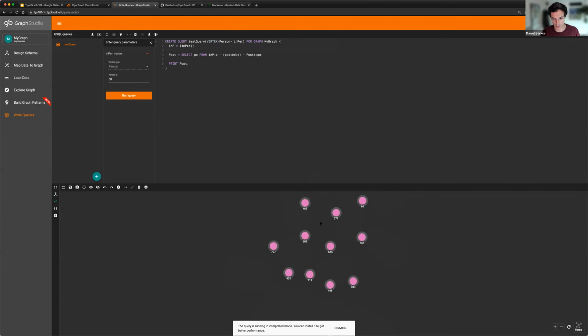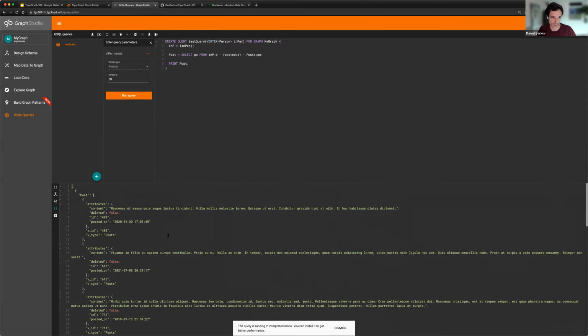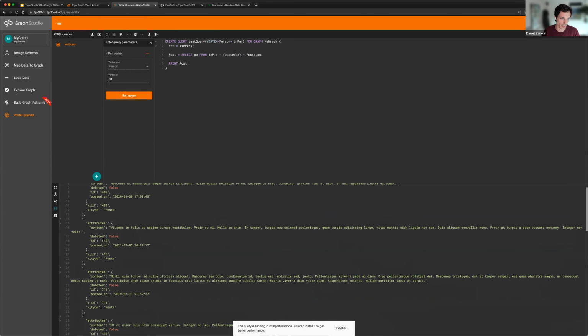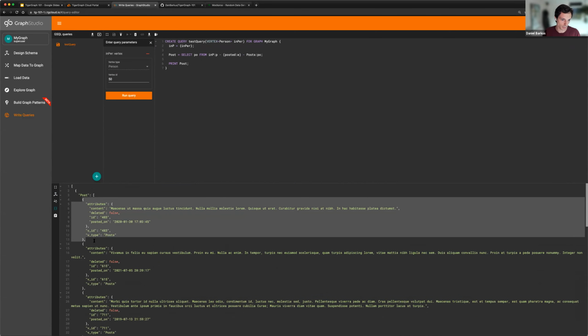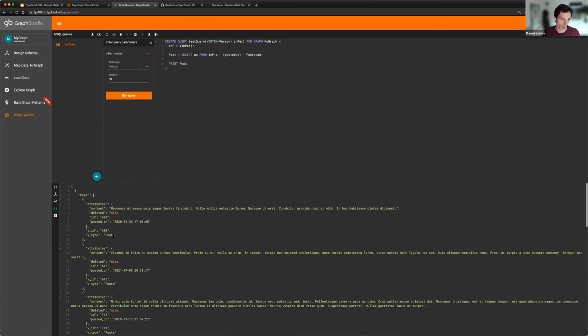So I'll type in 50 here like we did before, and these are any of the posts that person 50 posted. What you'll actually get if you return this as an API call is this JSON output containing some information about each vertex. So we have our vertex ID, the type, and then these are the attributes of that vertex. So this is a super basic query, but if we wanted to go even further,